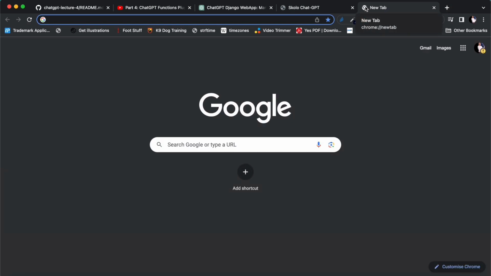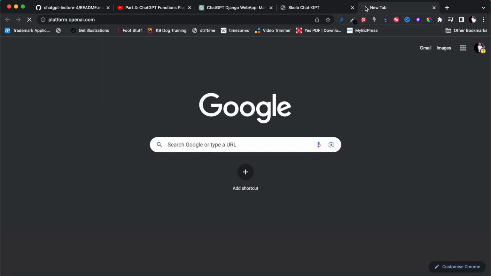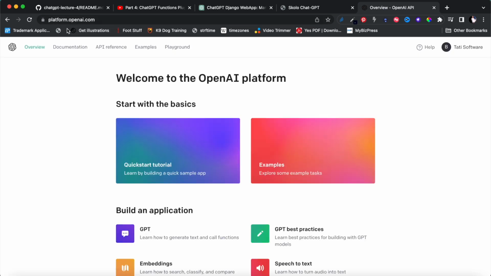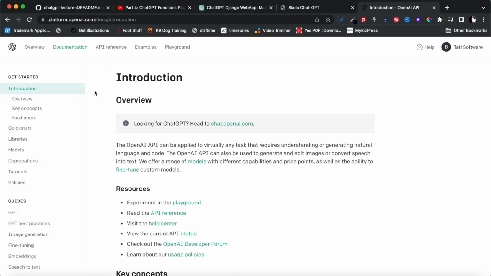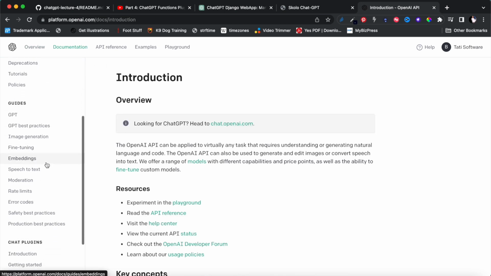If we go to platform.openai.com and you go into the documentation, this is always just very good practice to keep your documentation page open. You can get that from platform.openai.com and you just go into the documentation. The recent update with the documentation is they took